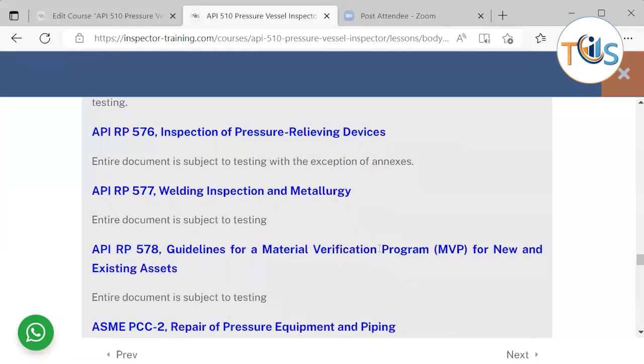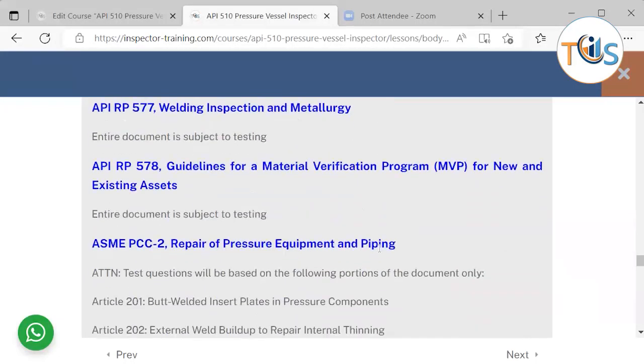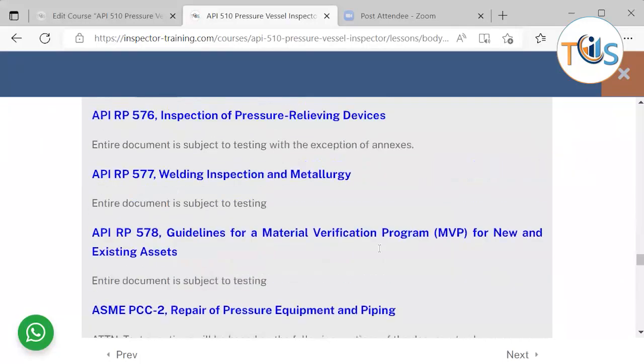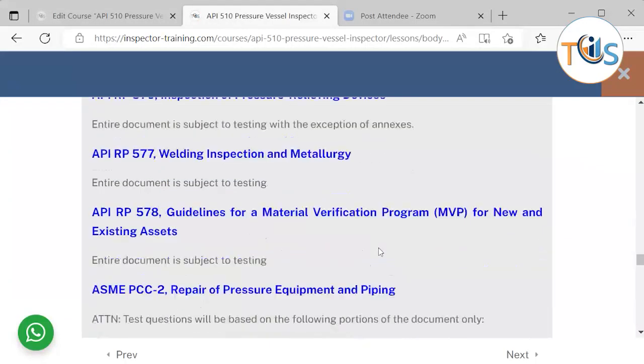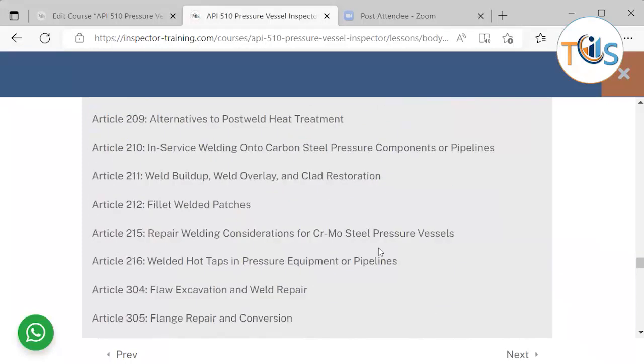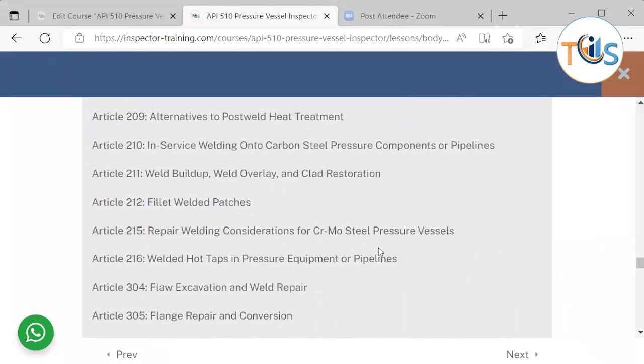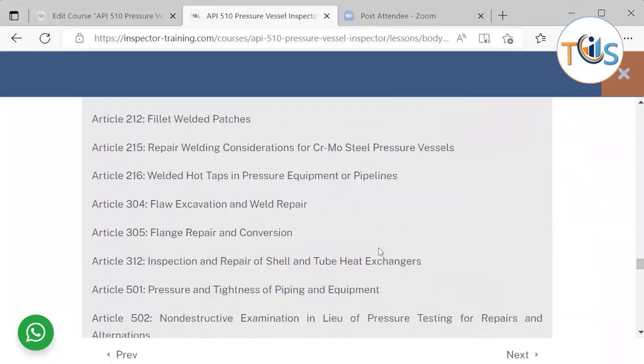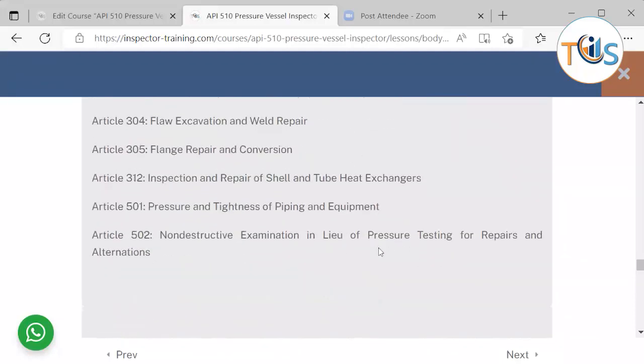So as you can see here, the entire document is subject to testing for these 576, 577, 578, and PCC-2. Only these articles are used that you should know and we have covered in our course. Okay,